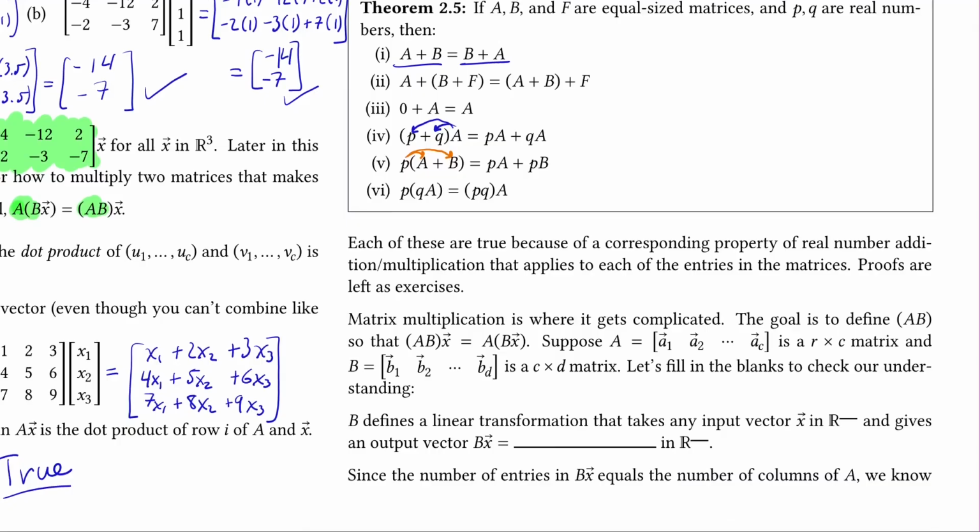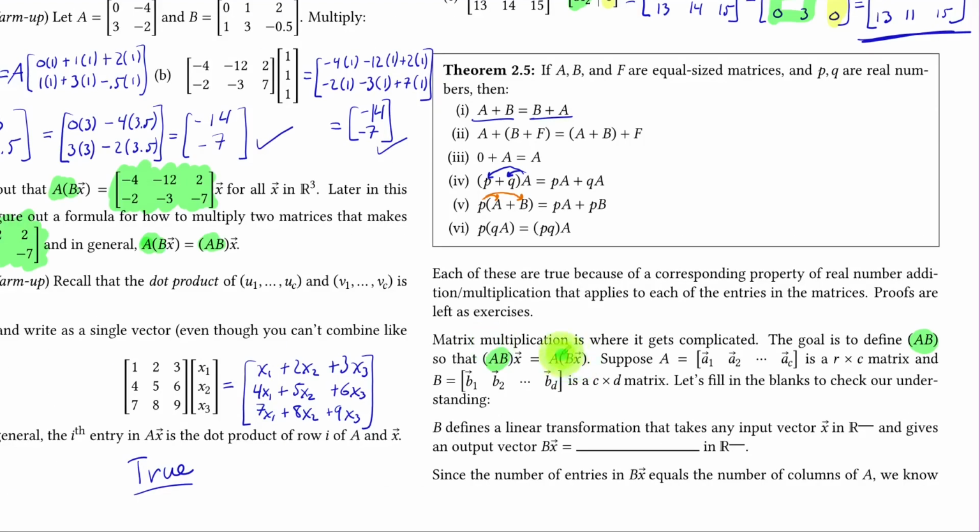Now, matrix multiplication is where it gets complicated. The goal is to define the matrix AB so that the product AB times x is the same as the product A times Bx. So to give us this associative sort of property,